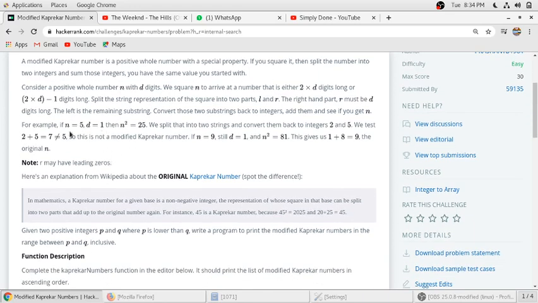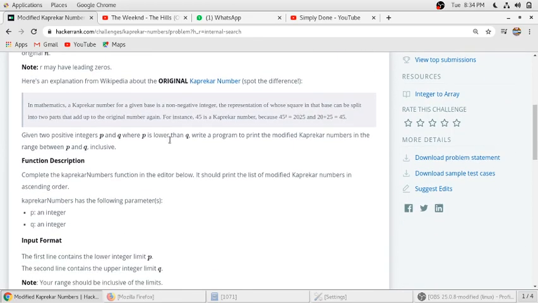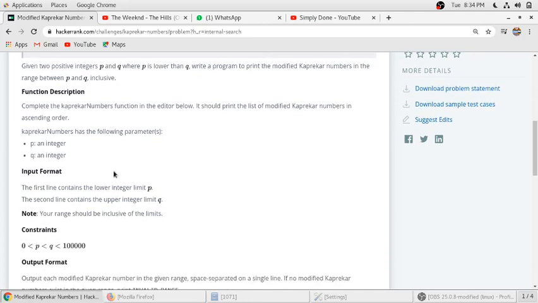So we have to just apply this logic to find the Capricorn numbers in a given series. We are given two limits, limit p and limit q.